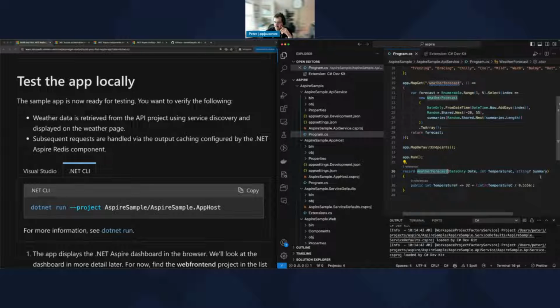It takes in date, temperature in Celsius, and an optional. Oh, that's nice. I think question mark means optional here. At least that's what I remember from JavaScript. Back when I was working using C#, there are no optional things, I think. So it takes in summary, and then it defines